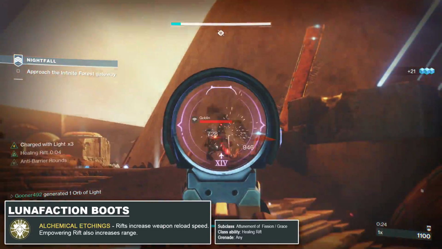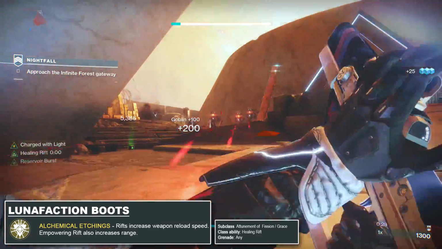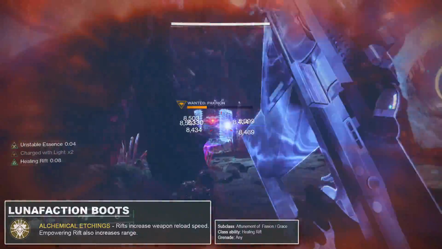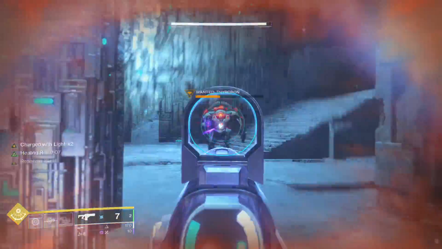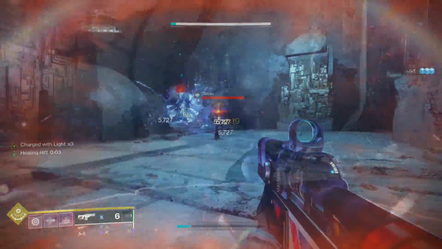While standing in a rift enhanced by Alchemical Etchings, your reload speed is lightning fast, and I want to leverage that as much as possible. The Loaded Question Pinnacle Fusion Rifle is the best weapon for this task. Its trait Reservoir Burst significantly increases the damage of shots fired when the magazine is full and causes enemies to